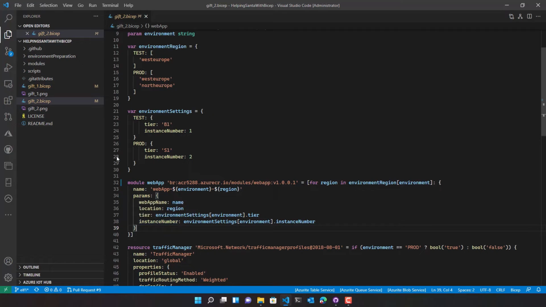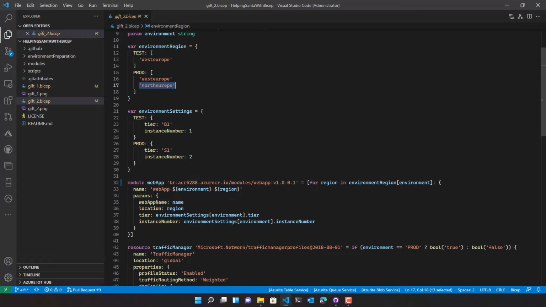In the test environment, we will deploy only one app service and app service plan, while in the production environment, we will be calling this module twice and deploy one module in the target region West Europe and the second module in the target region North Europe.